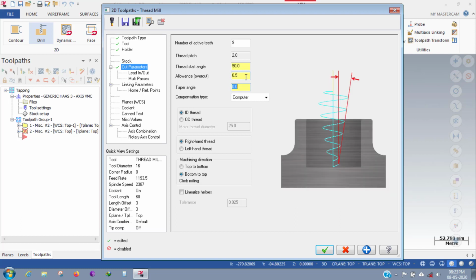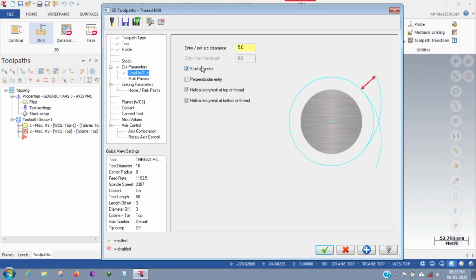I don't want a taper angle. It is an internal diameter thread, not an outer diameter. Lead in and lead out, start at center, and exit clearance we can reduce.